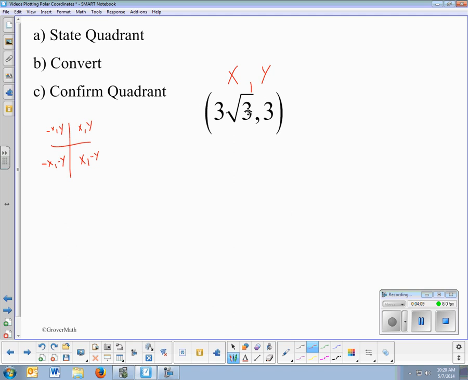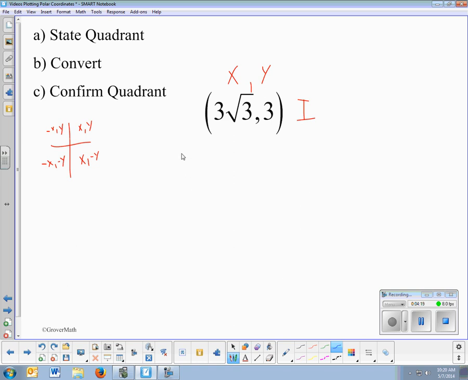But anyways, we see x and y are both positive here, so we know this is a quadrant 1 angle. And so our hope is the polar coordinate we get in the end is also a quadrant 1 angle. So we have two equations. We get r comes from the square root of x squared plus y squared. So let's start there. And so r equals the square root